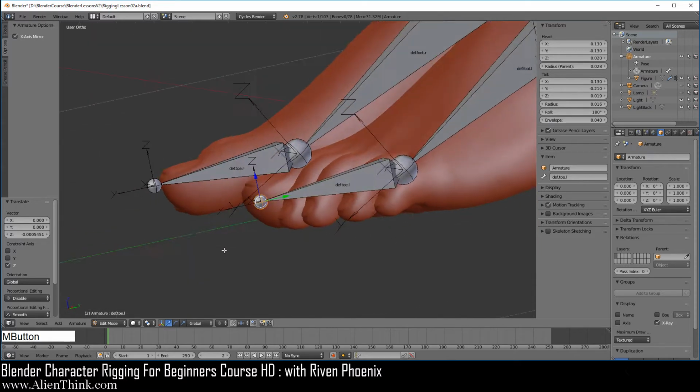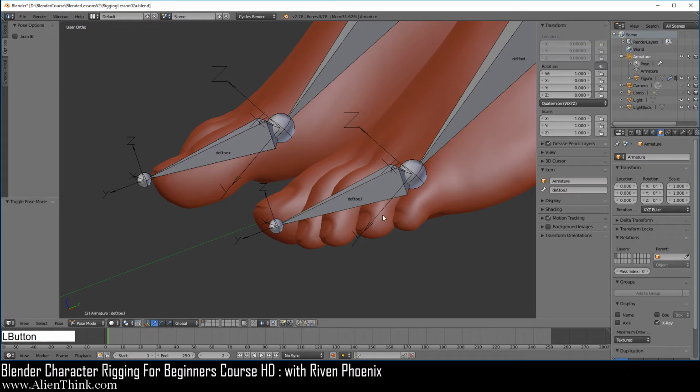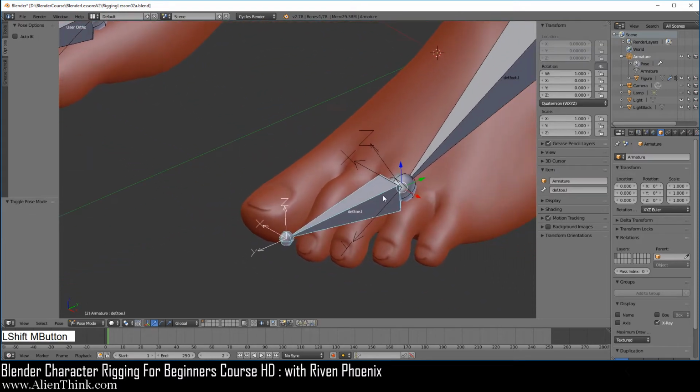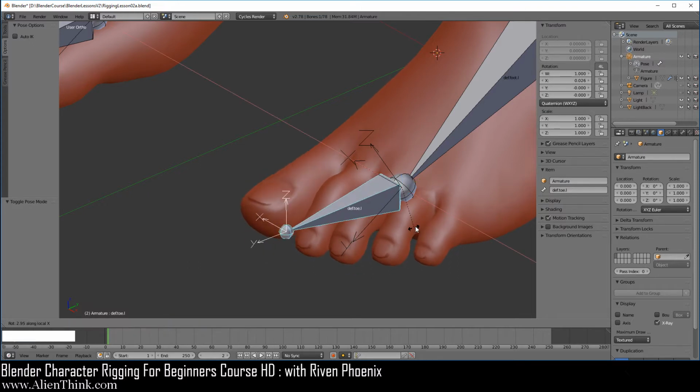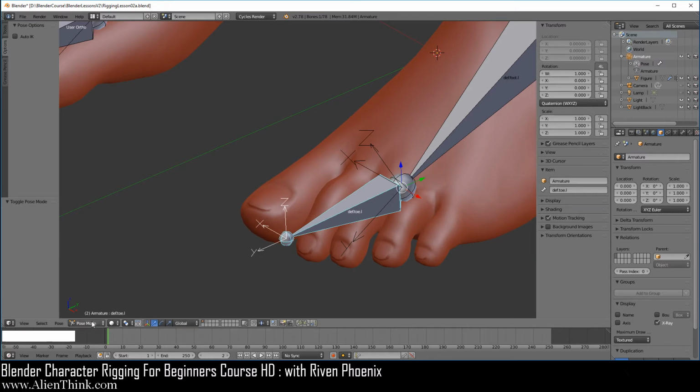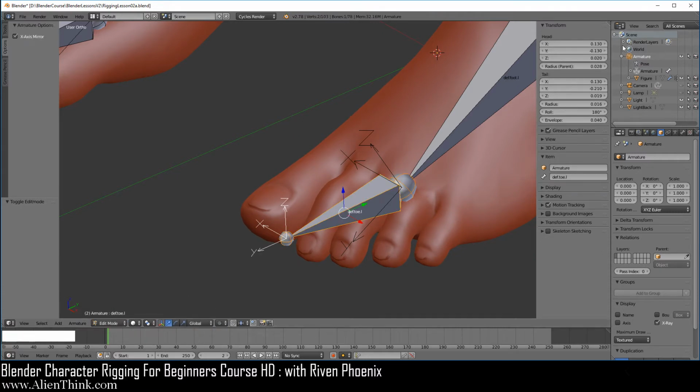So if you look at this, if you switch to pose mode, you'll notice that even in pose mode, it's still going to behave correctly. Even if it's horizontally off, where the tail and the head are not aligned horizontally, it's still going to work. If you press the R key, press the X key 2 times, see, it still works. So anyways, the point here is that to keep things simple, what we can do is simply just hover our mouse again, do Control C, over here do Control V, and just type in 0, right? So don't get caught up in what the value has to be over here on the roll. All that matters is where visually is the z pointing.